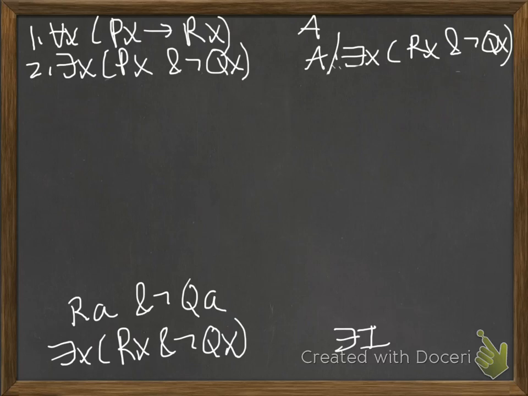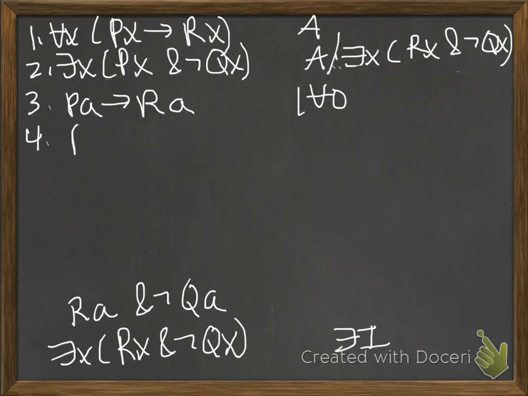So now we have a universal statement and an existential statement we need to instantiate. And, in theory, it doesn't matter which we do first. However, in practice, it would be valid to do right away, line 3, instantiate line 1. That would be perfectly valid. The problem is that if we do that, so if we instantiate the universal formula first, then when we go to instantiate the existential,